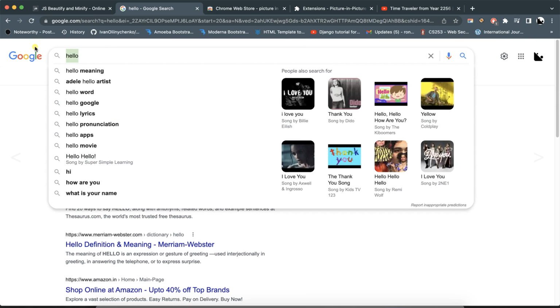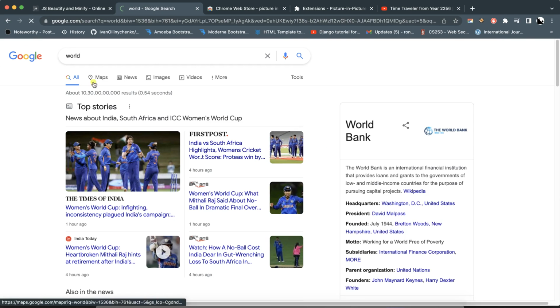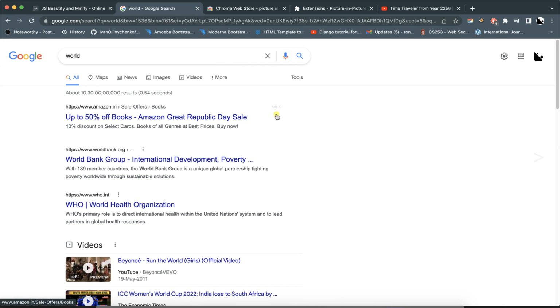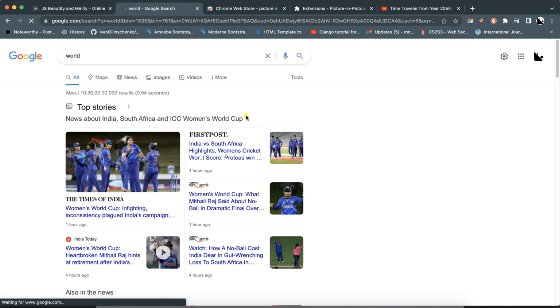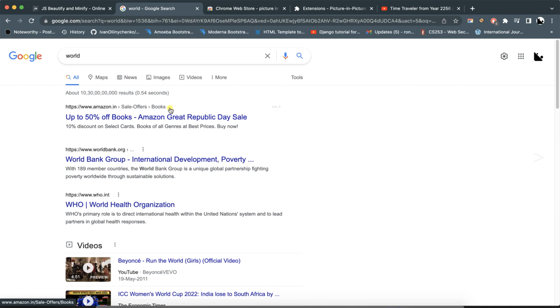So if I search anything world, again one ad has been injected in the top, and also at the bottom similar ads. And also if you observe, it will be loaded after a few seconds after the page load. Let me just do it again. So right now it is not there. Now it got injected. So initially my conclusion was Google was able to bypass any kind of ad blocking